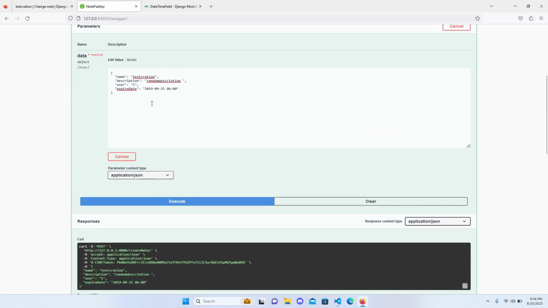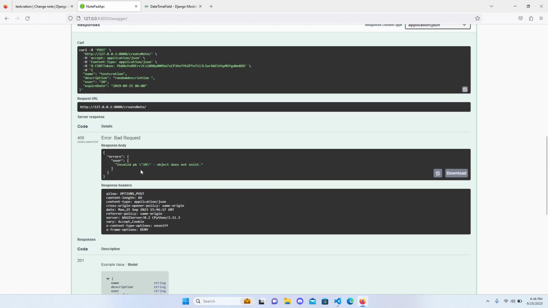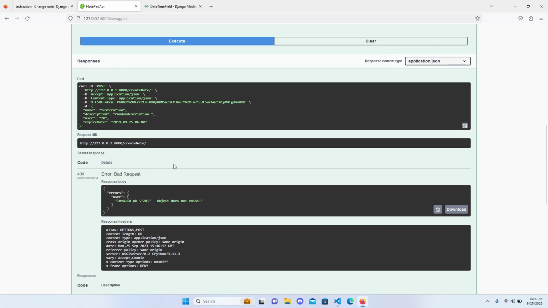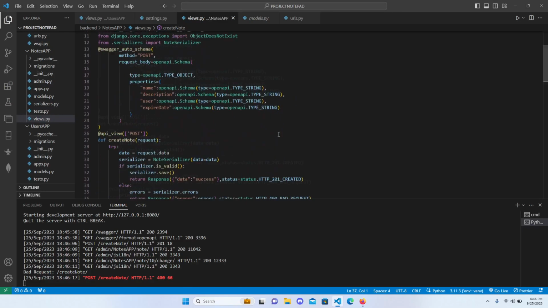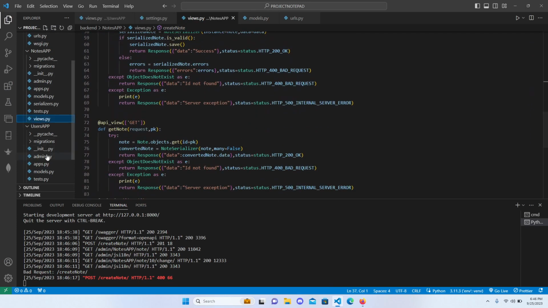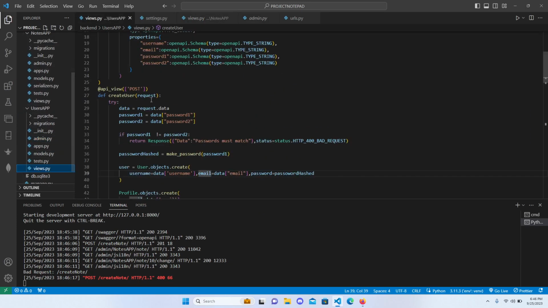If I give random ID, so bad ID, hit execute, it said invalid PK, object does not exist, so we don't have user with 20 ID. So from what I can see, it's working pretty nice, and it's amazing. We can do the same for the user, of course. If you go to the user,